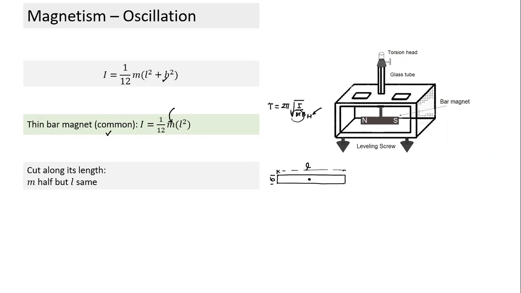If I observe the time period, if mass is known, dimension is known, I can be calculated, B is known, T can be found from experiment, so magnetic dipole moment can be found. That's the purpose. We can compare and find the magnetic dipole moment of any bar magnet or anything which acts as a bar magnet. Now the question comes, what happens if we cut the bar magnet along the length?